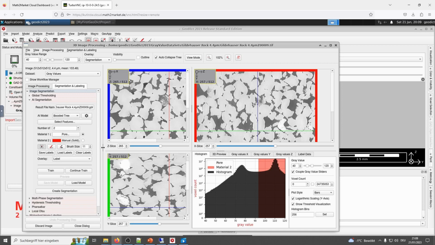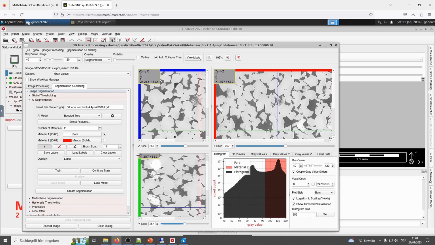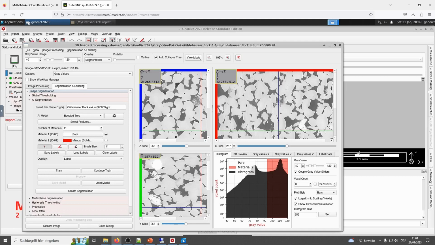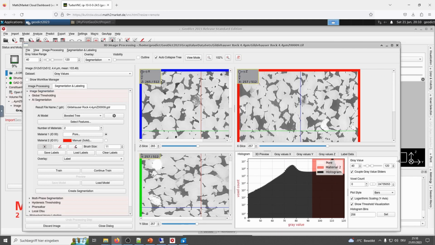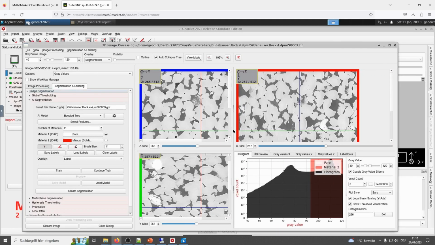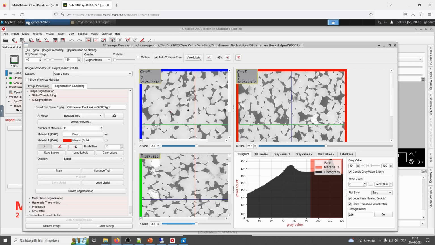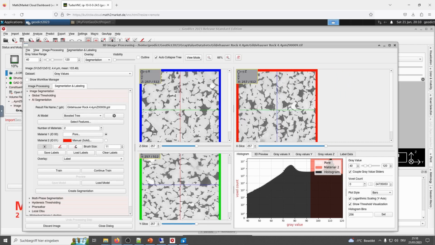I change the size a little bit, and here as well. Let's go to the middle of the sample and zoom out.